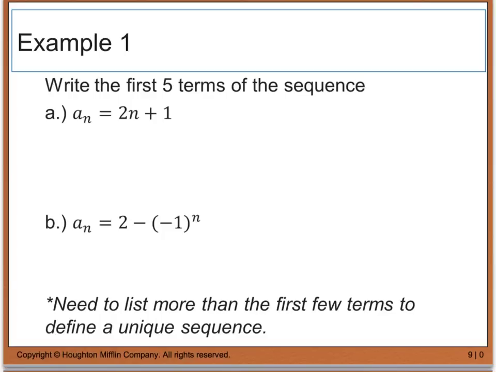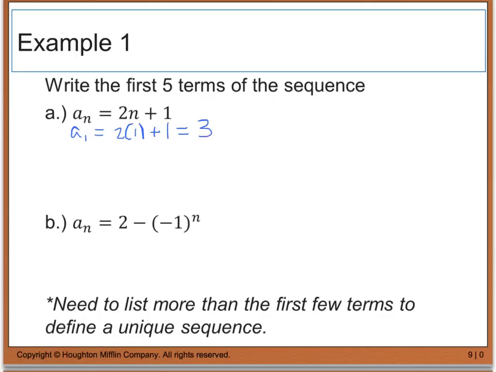So, for our first example, we're going to write the first 5 terms of the sequence. We are given that a sub n equals 2n plus 1. So if I want to find my first term, or my a sub 1 term, I'm going to plug in this number right here, the subscript, because that's what I'm going to be plugging in for this n. So I have 2 times 1 plus 1